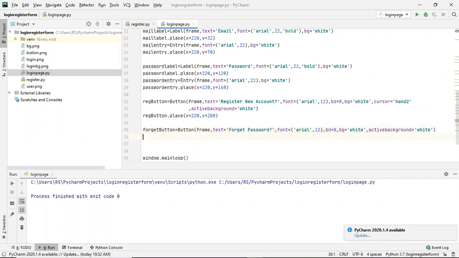After that I'll simply place this forget button, dot place. From the x-axis we are at a distance of 410, and from the y-axis at a distance of 200, same as this one. If I run it now,